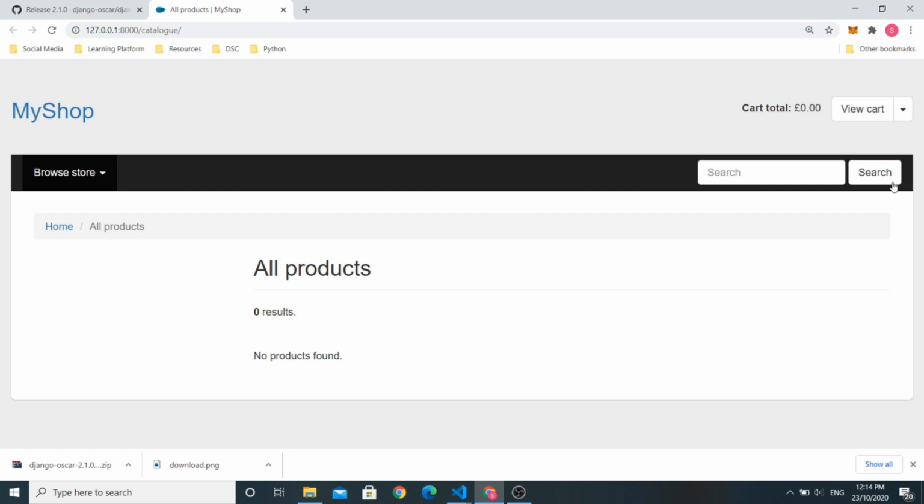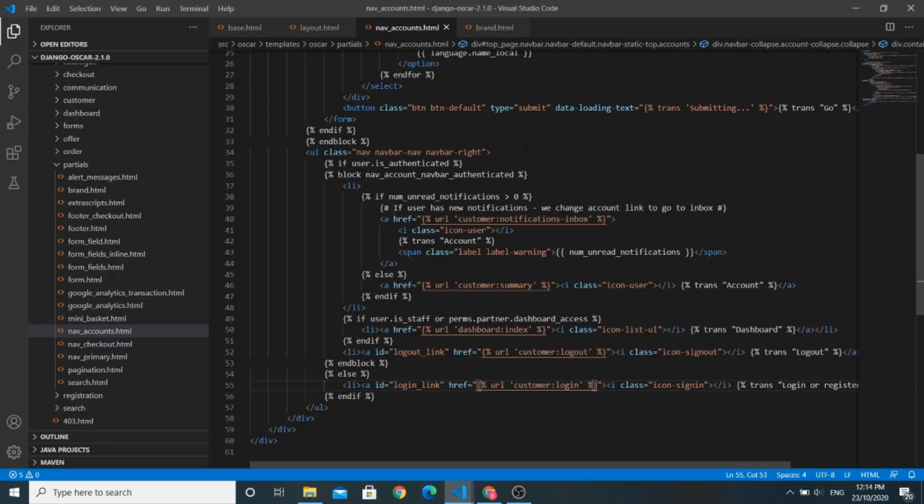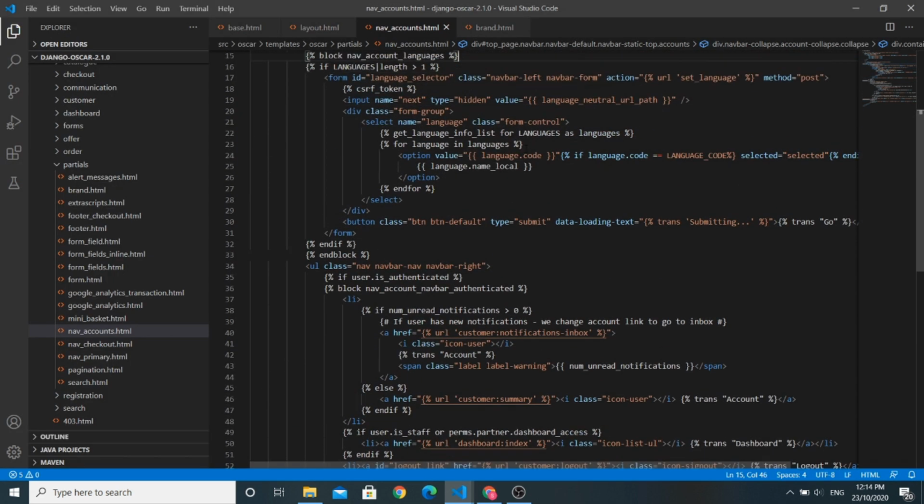Now we want to add our login and register button here in this navbar. So first of all, for that we need to shift this search buttons maybe in the middle of the navbar. So let us first shift these search buttons in the middle of navbar, and then we will be adding login and register button here in this position. So now we can see that